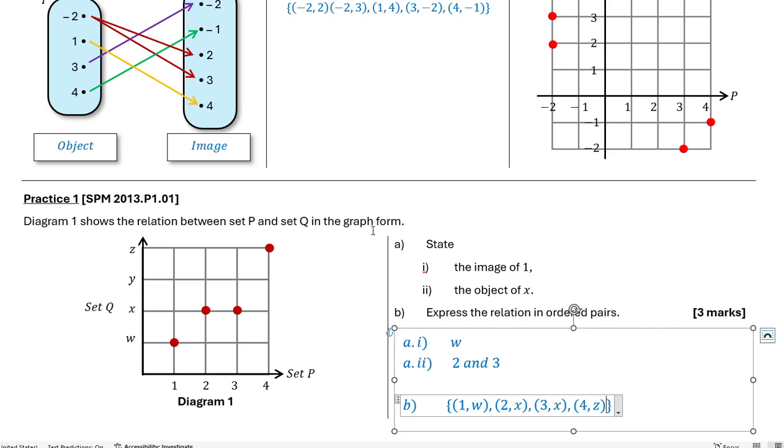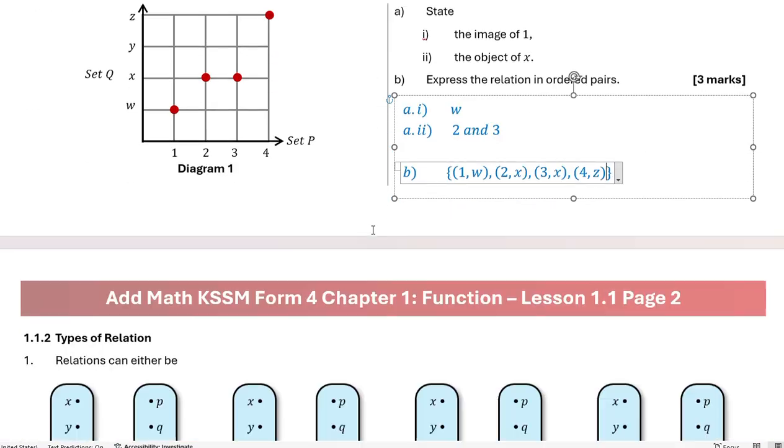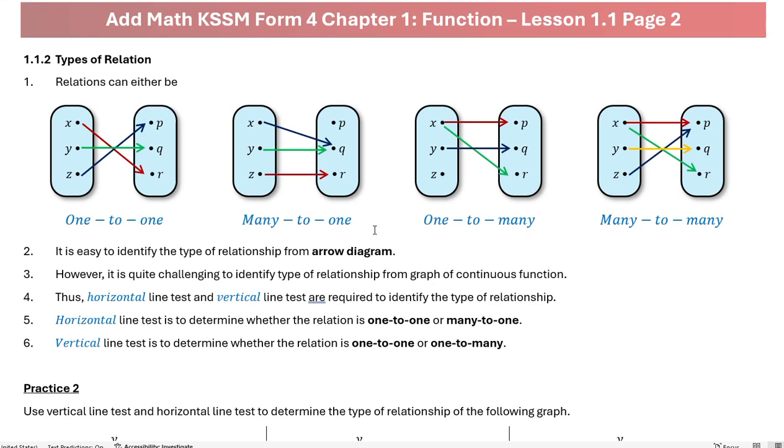Now let us move to page 2. Types of relation. There are 4 types of relation. It is easy to identify the type of relation from every diagram. For example, here, all these 3 arrows show the relation is only 1 to 1. So that's why the relation here is one object and one image. How about this one? The red arrow shows the relation is 1 to 1, but the green and the blue